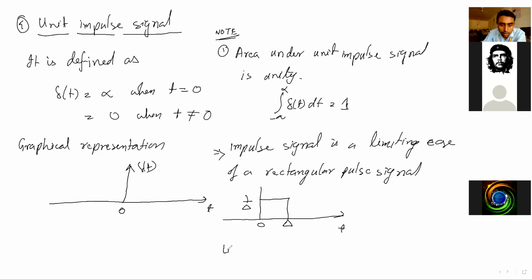So if we decrease the duration of this delta, if this pulse is thinner in width,